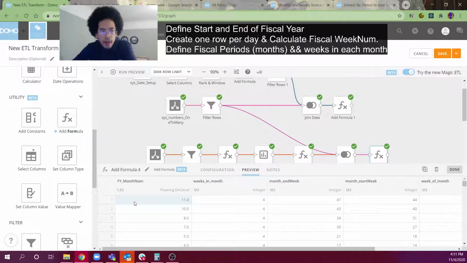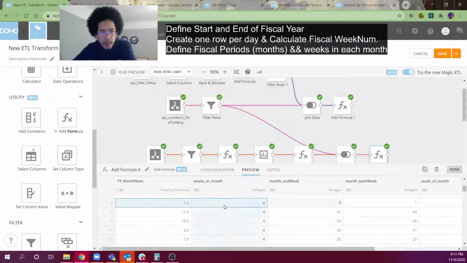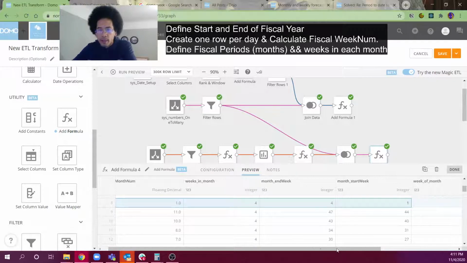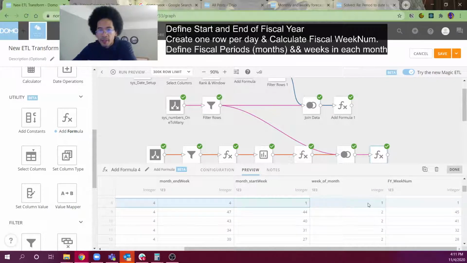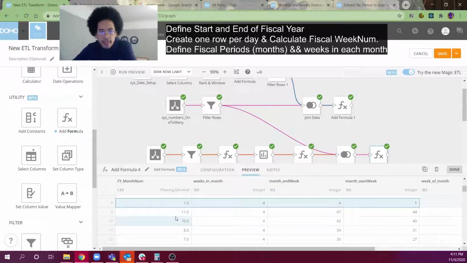Okay. Let's find... okay, so here's month 1. It starts in week 1, ends week 4. This is the first iteration of that row, and that's week 1. Let's look at